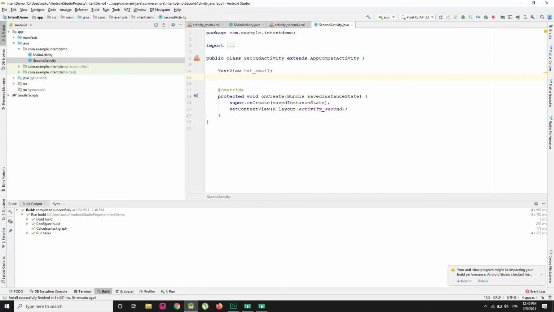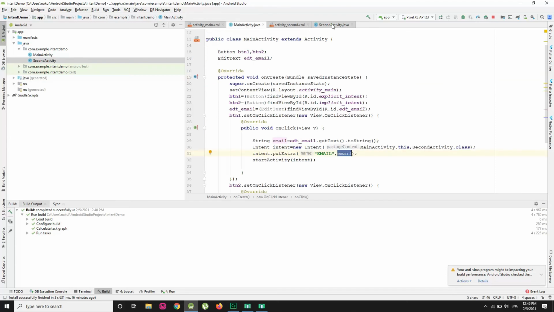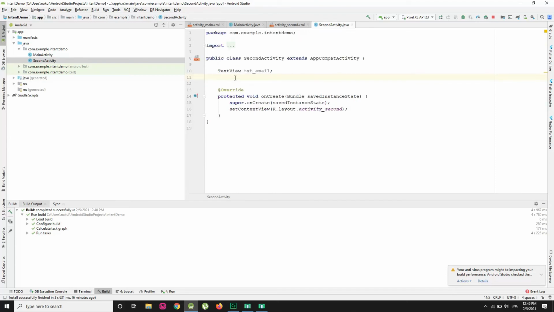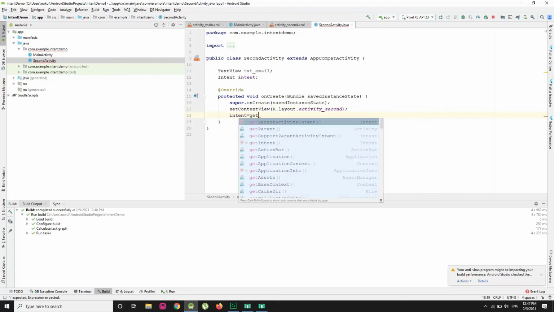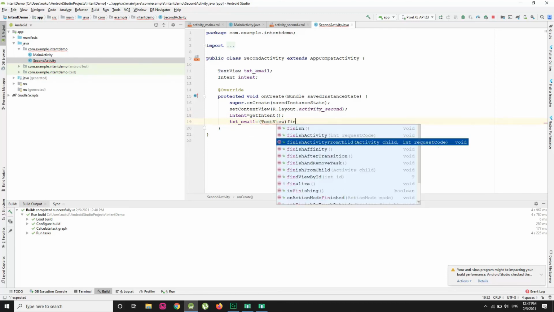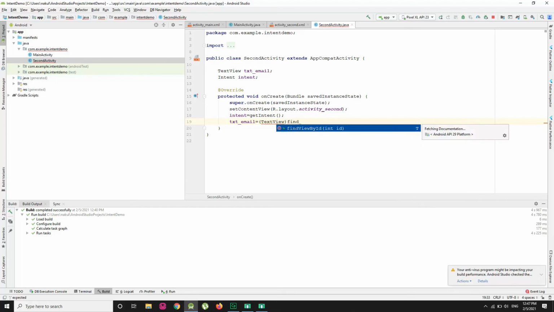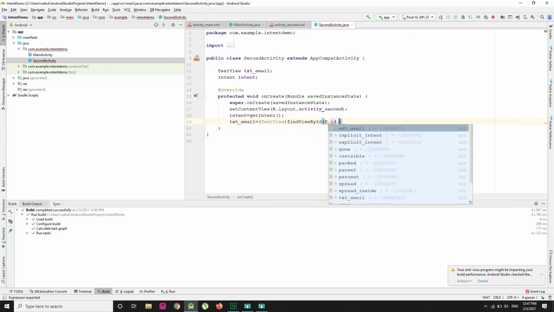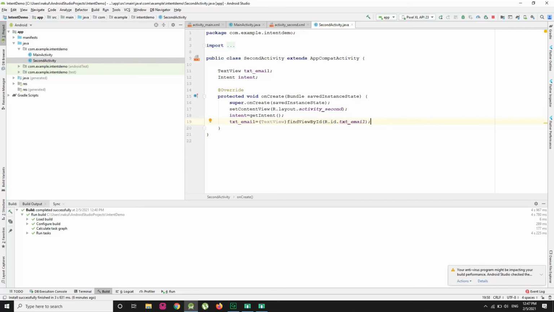Now I am going to pass the values using intent, so I have to get those values using intent over here. So I am going to make an object of Intent, then intent equals getIntent, right? And then we have txtEmail equals TextView, then findViewById, R.id.txtEmail, right?